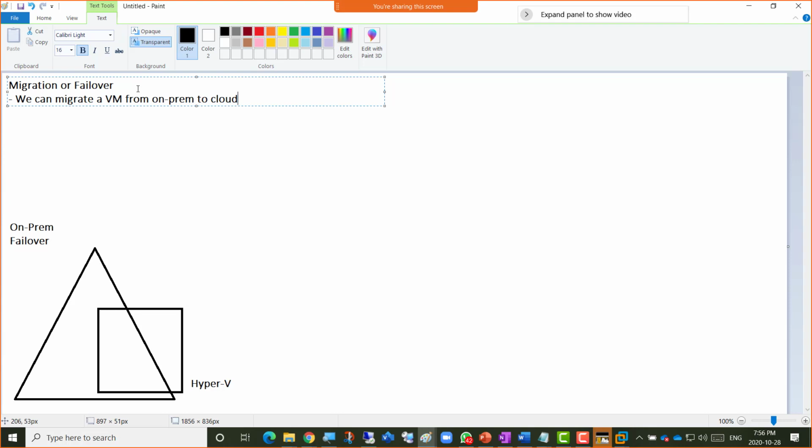So we can migrate a VM from on-prem to cloud by creating a standby copy, which is an exact copy. We all know what standby is, right? Exact copy of an on-prem active VM